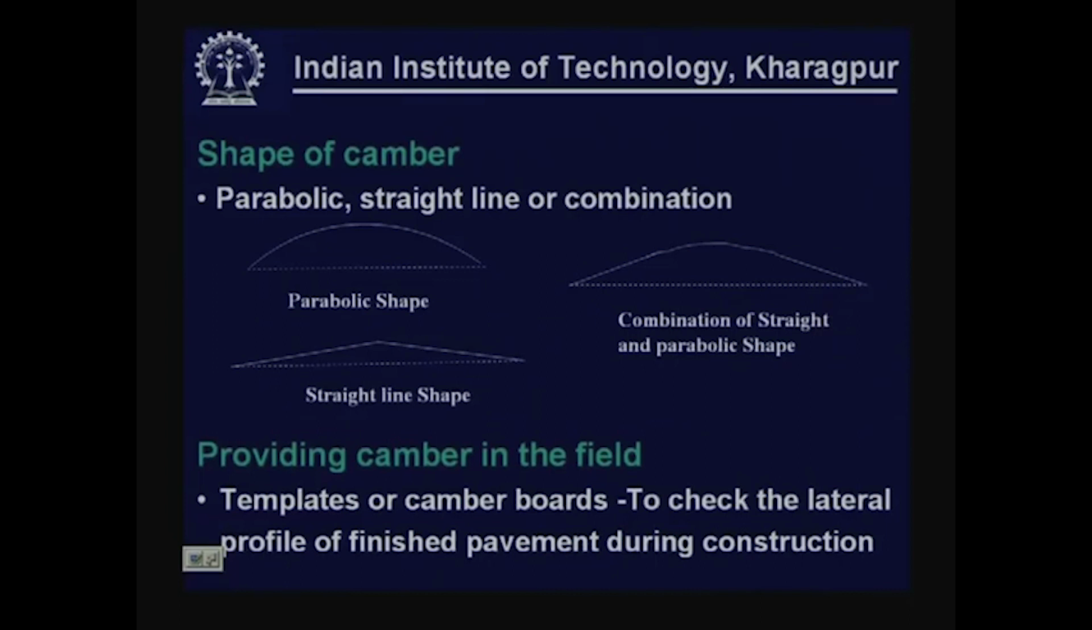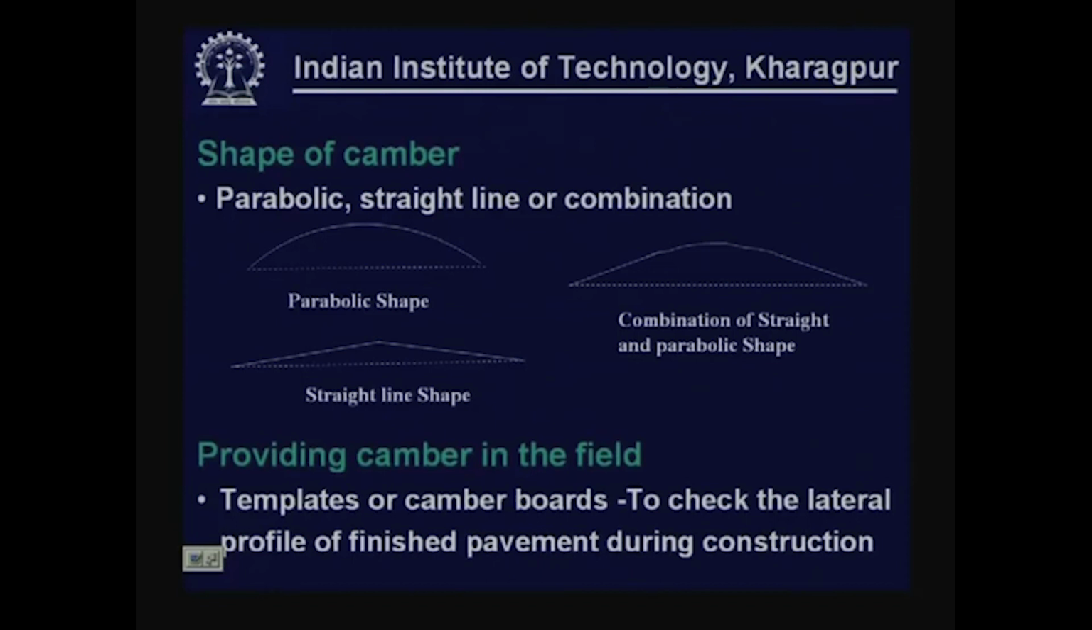Now, about the shape of camber. Different possible shapes are there which are also used, like parabolic camber, straight line camber, or it may be a combination of both parabolic and straight line. I have shown some sketches here. Parabolic camber is generally preferable for faster moving traffic, particularly on two-lane road,